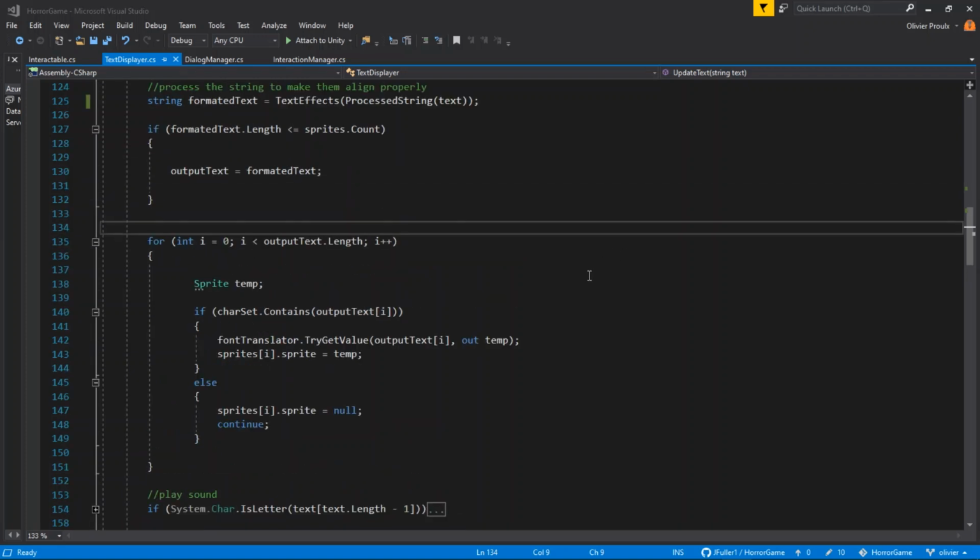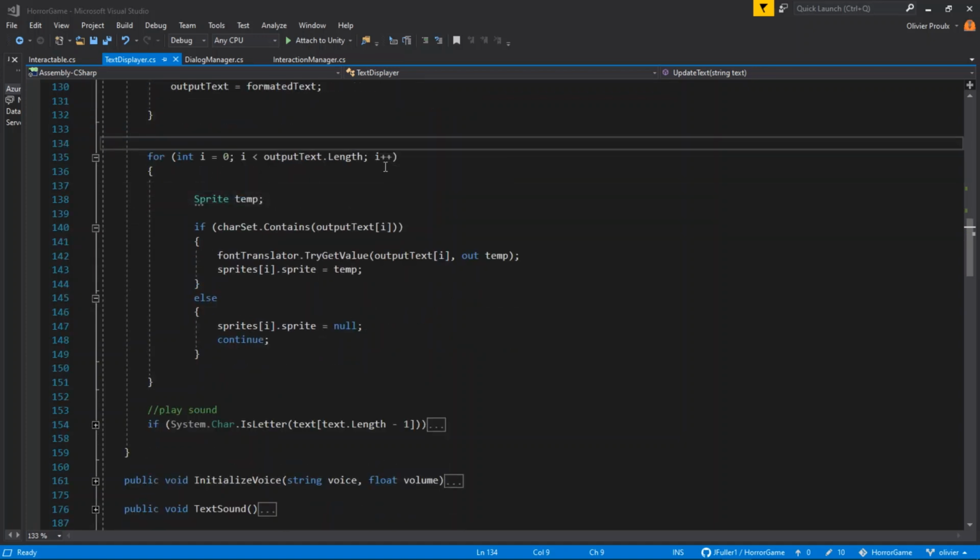Once the text returns, I check it to see if it's too long to be displayed. If it is, we don't display it. If it isn't, we set each sprite in an array to a correct letter or absence of a letter denoting a space,